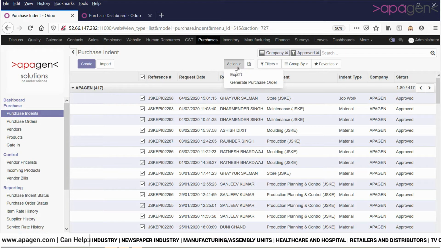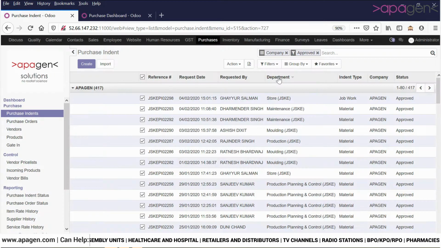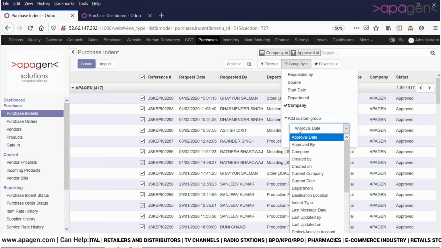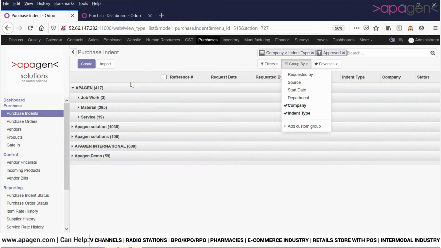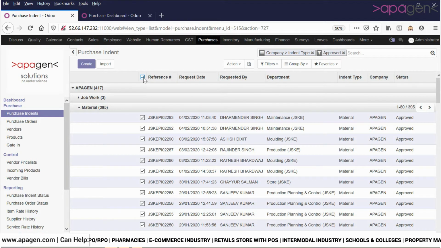When I click on generate purchase order, I also have to use an indent type. So you can see a lot of restrictions of different types have been placed here.